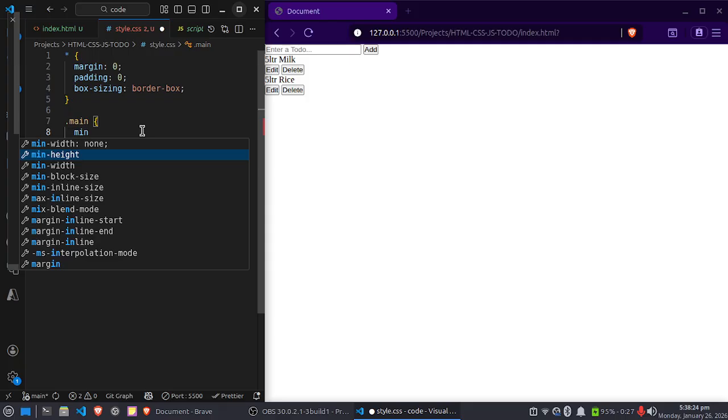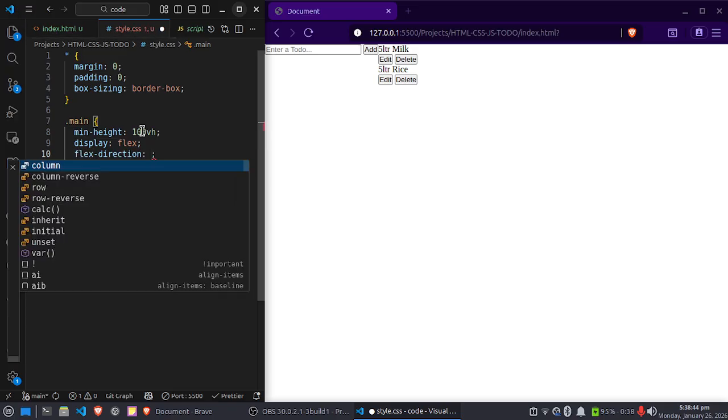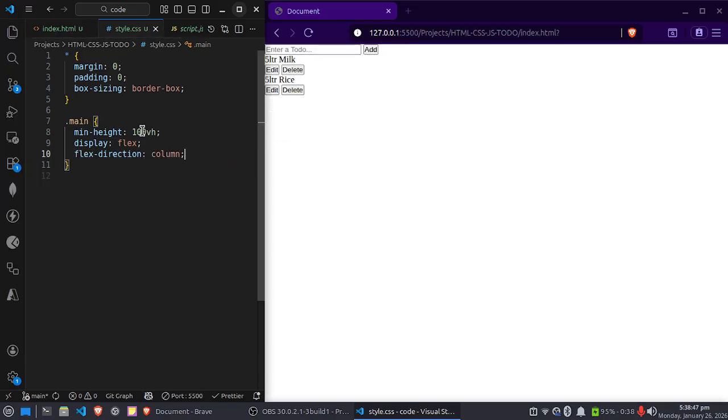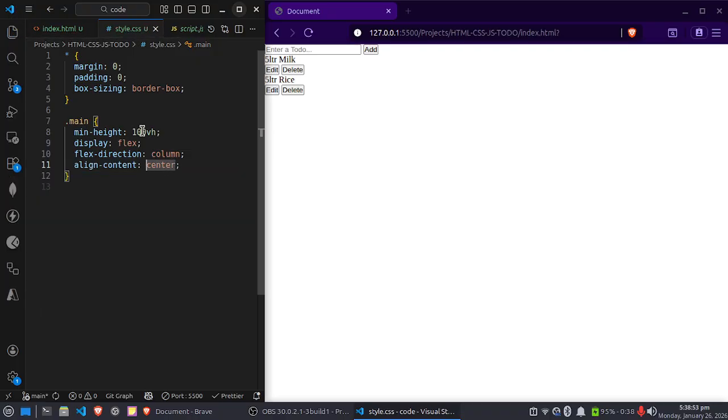In this, minimum height, let's say 100vh I'm giving. You can also write 100%, there is no issue with that. And display flex for centering all the text, and flex direction column, because by default it is row. Perfect. And align items center. I'm not writing justify content here, because justify content would put it in the center of the page. Now let's apply styling